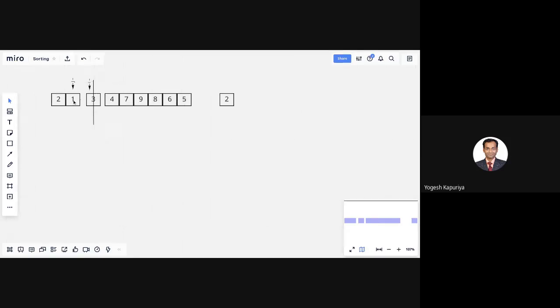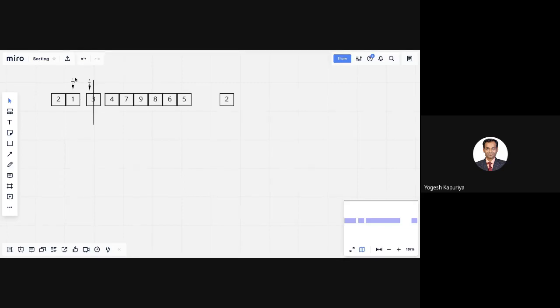So there is one stop which we have discussed. I will stop if the number represented by I is greater than the pivot, or second case, I will stop if it goes out of the range. Here it goes out of the range, so it will stop here. Once I stops, J starts its operation. Task of J is to skip those numbers which are greater than pivot. Pivot is 2, so it will check. 1 is greater than 2, no, so J stops here only.